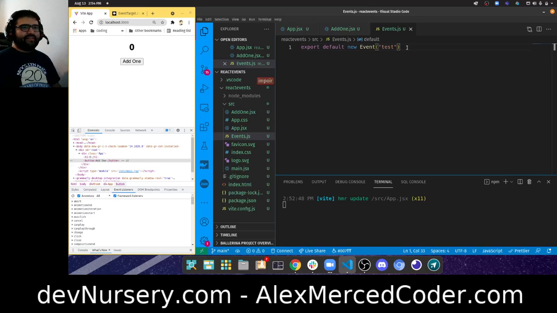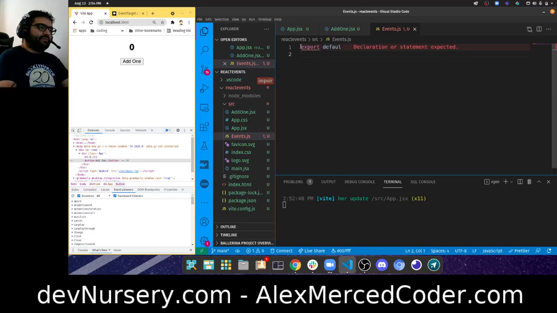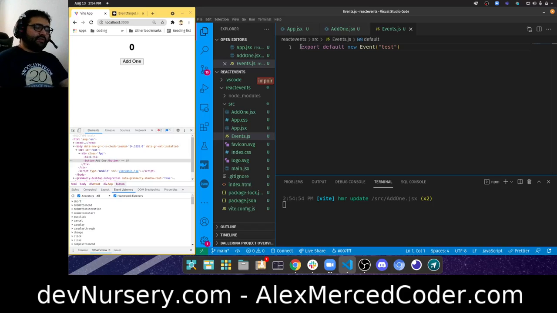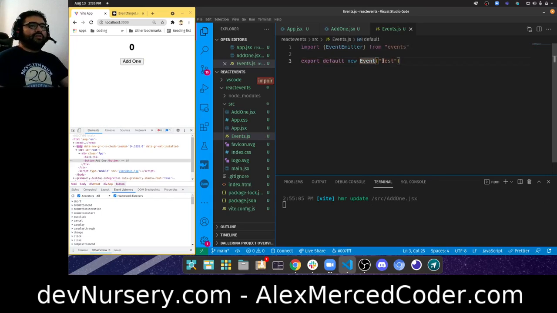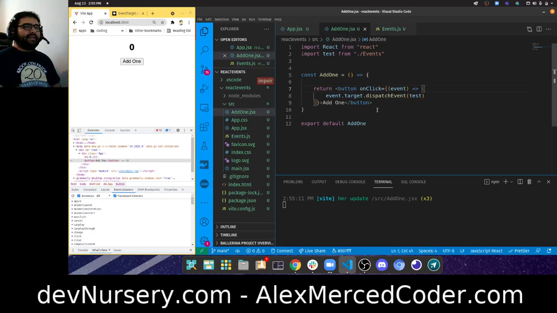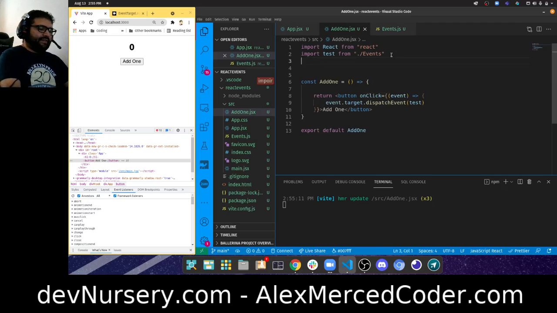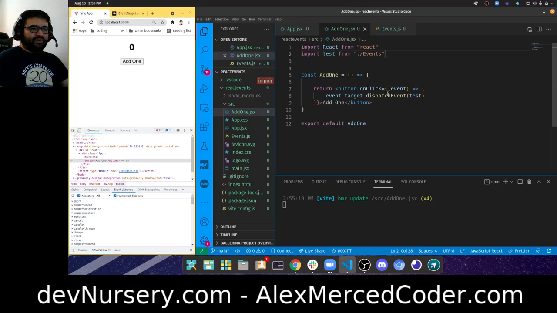Let's try it with node events. Okay, so in node, I would import event emitter from events. And then it would be new EventEmitter. And then that's it. Then again, we would pass this down here. So we would import the event emitter, which we'll still call test, why not? Except instead of doing this whole event.target.dispatchEvent thing here, I would just do